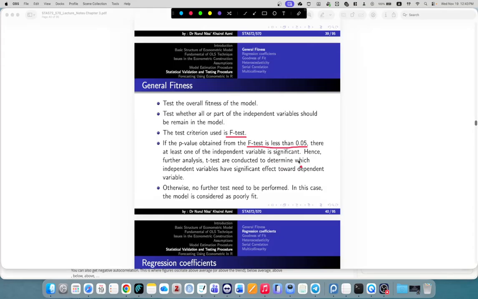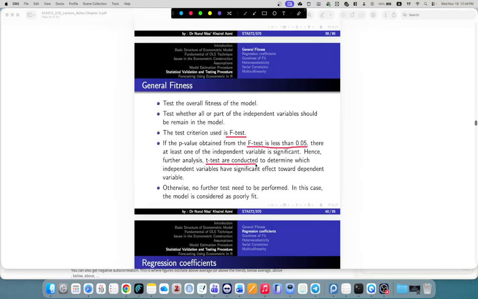It means that there is at least one variable that can explain your dependent variable. There is at least one. But which variables contribute to explaining why? Which are the significant variables? After we do the F test for the general model, now we conduct the t test